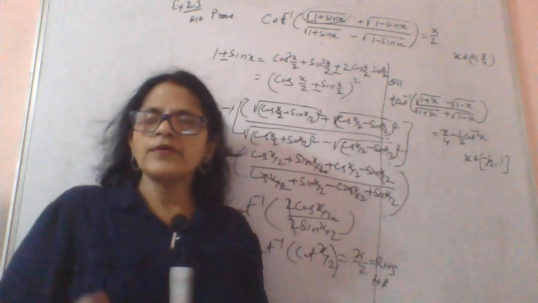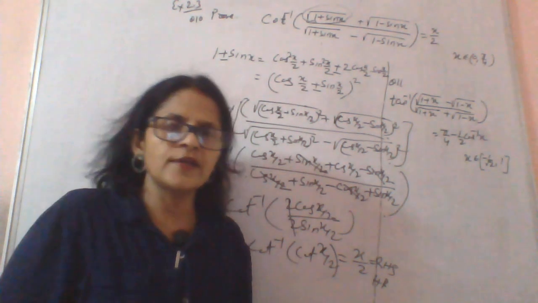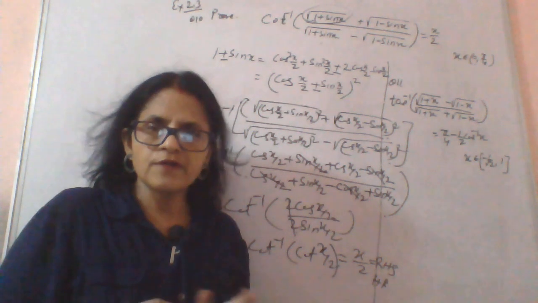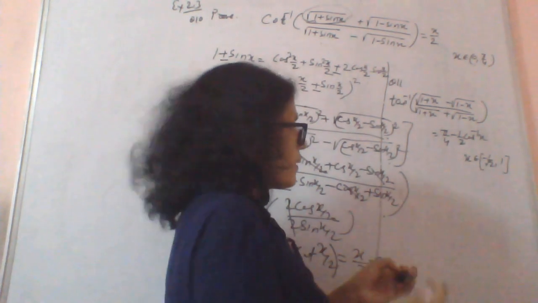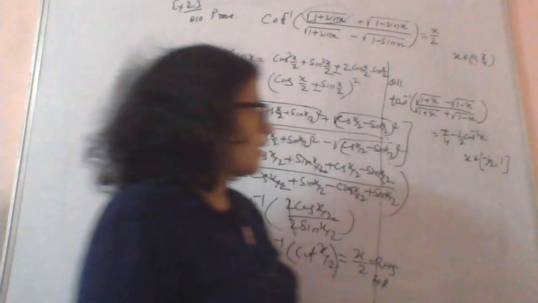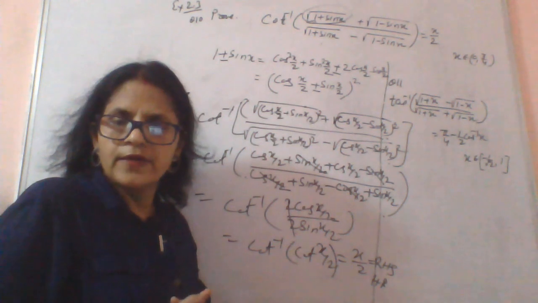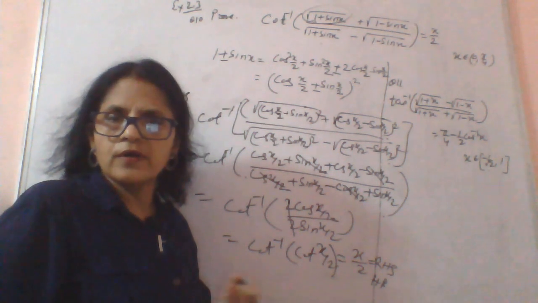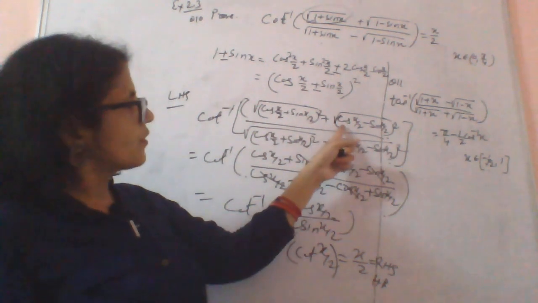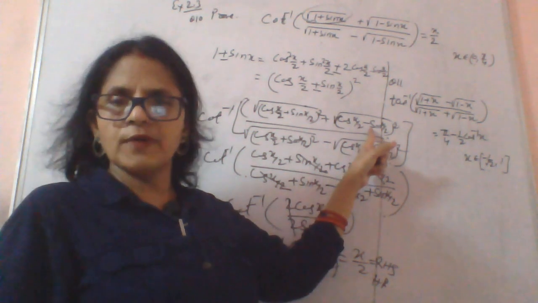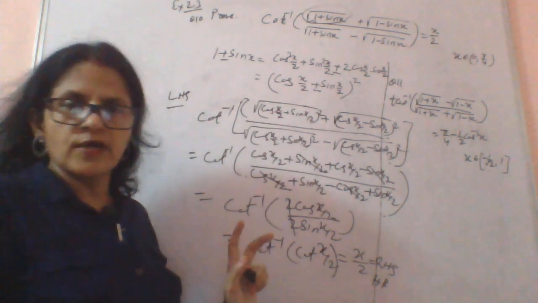It means between 0 and pi by 4. Okay, so cosine is greater, yeah, sin is greater. You observe the graphs of sin x and cos x, whenever you have x belongs to 0 to pi by 4. So again you can just observe the nature of the curves, the nature of the graphs of sine and cosine functions. We are taking here cos x by 2 minus sin x by 2 instead of sin x by 2 minus cos x by 2. Okay, so I hope it is clear.